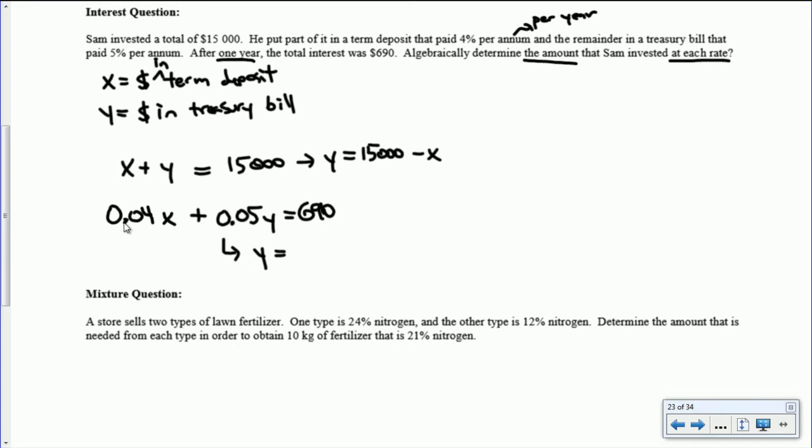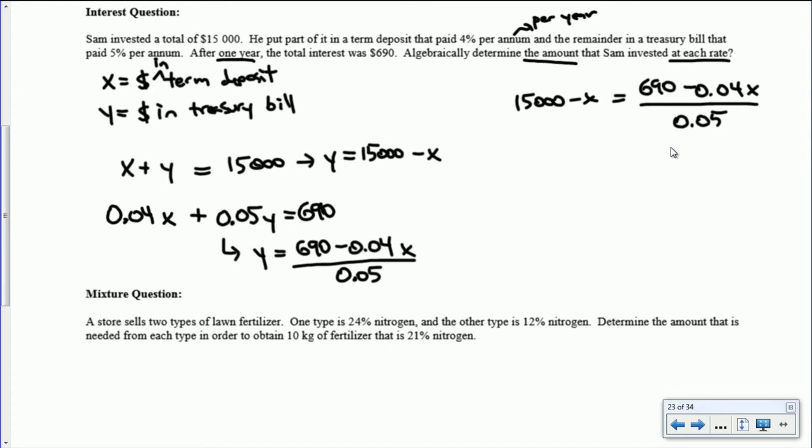So 690, I'll subtract 0.04x from both sides, so 690 minus 0.04x, and divide by 0.05 to get y on its own. Okay, and now I have an expression for y here and y there, and I can set them equal to each other. So I just have one equation for one unknown, x,